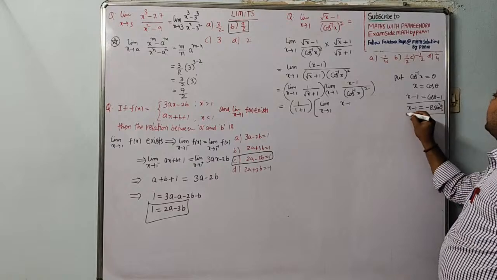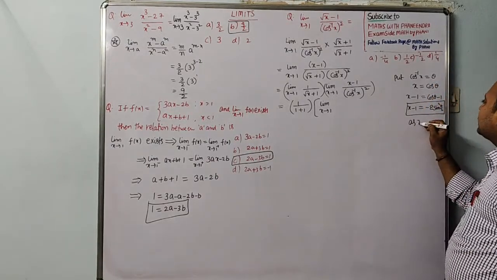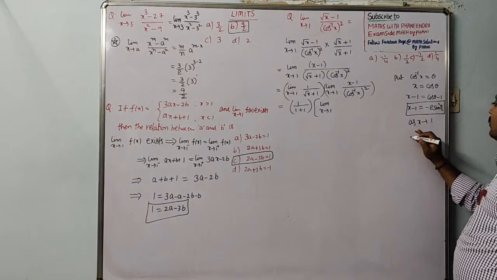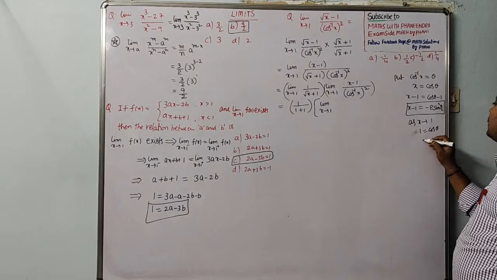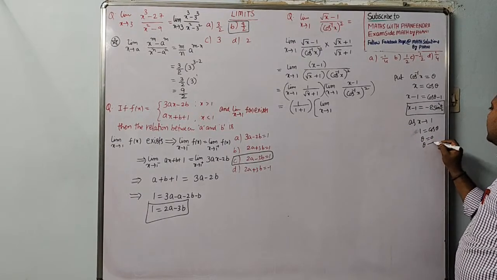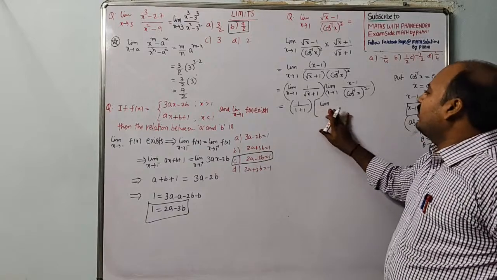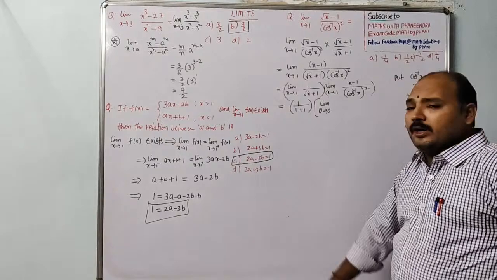This is about x minus 1, dear students. So now, as x tends to 1, 1 is equal to cos theta. Now cos theta, when will it be equal to 1? Theta equal to 0. That means theta tends to 0. This you have to remember. As x tends to 1, theta tends to 0. So wherever x tends to 1 is there, replace with theta tends to